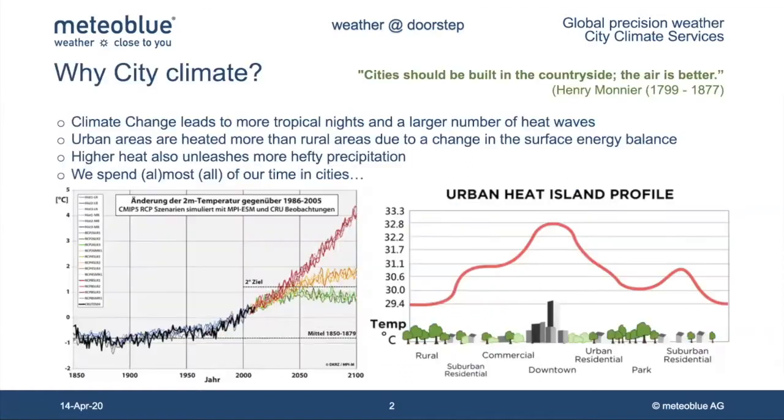Yeah, thank you very much for this opportunity to present city climate to the TNT conference. This is an applied IoT project, and I'll try to walk you through some of the key steps and outcomes of this project, which started in Switzerland. The reason for doing city climate